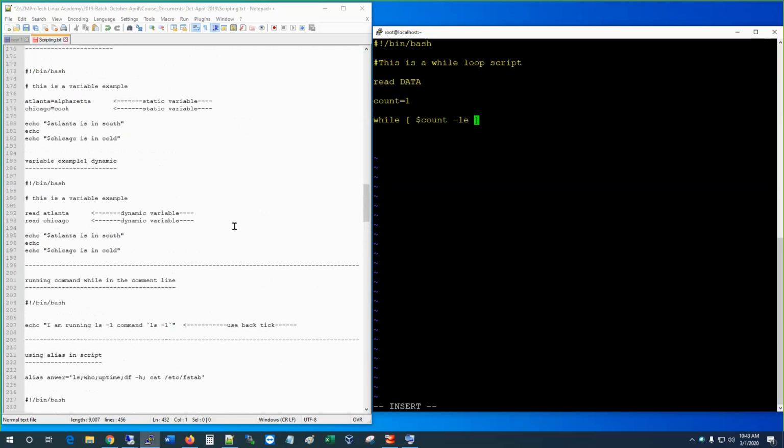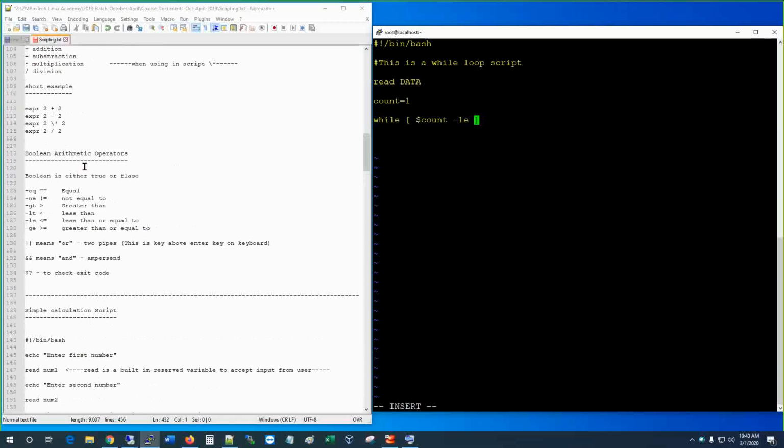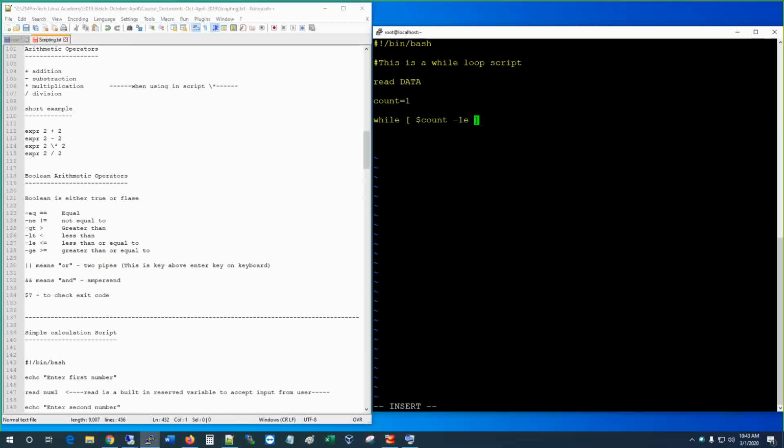I want to just make sure the operators, you should remember these operators here, okay? So hyphen LE is less than or equal to. Either you could use hyphen LE or you could use this. Any of those will work. Okay? So while